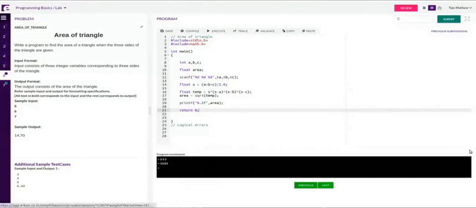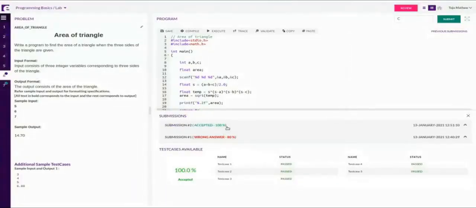Not much different. Now, if I go to my previous submission, it shows me the final submission I have. My first submission is 80% correct. Now my final submission is 100% correct. That means for this program, I get full marks. All my test cases are passed. So this is your target. For every program, you should try to get 80%, 100%. If the percentage is low, you get a lesser mark for that program, and that will affect the final mark for programming basics also.